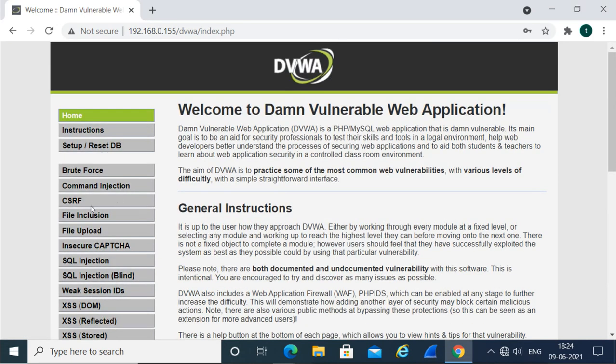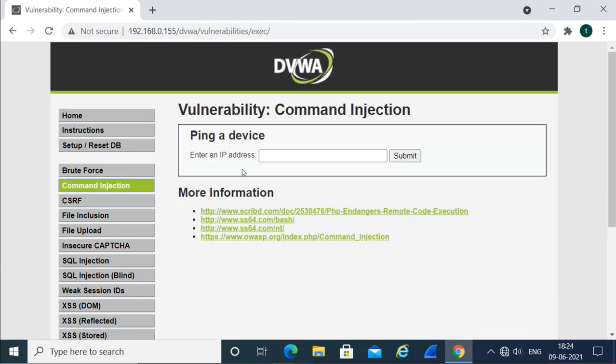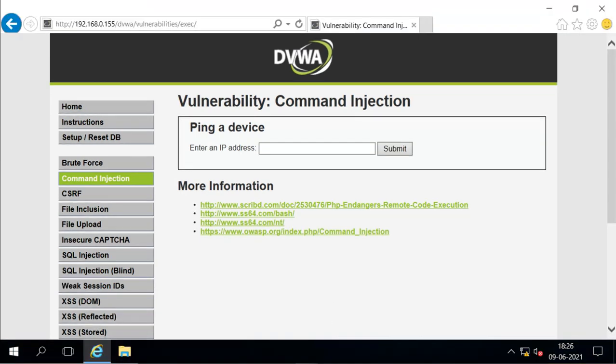Now I will show you some of the attacks, for example command injection. When I select command injection, it is an application for pinging a device. We give the IP address here, and when we submit, it will ping the remote machine and give me the ping response.